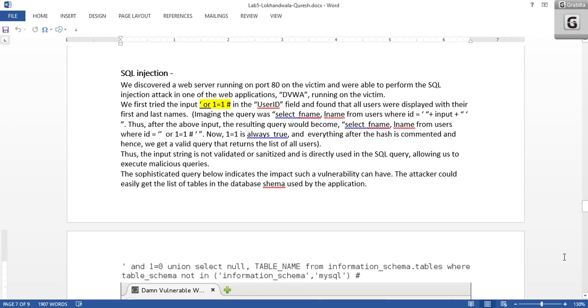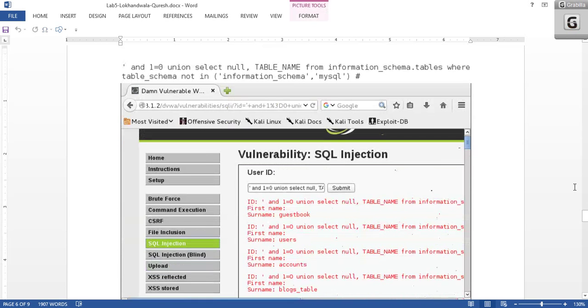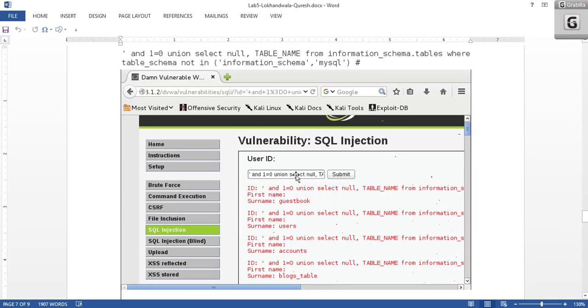The second attack I performed was the SQL injection. In the DVWA web app, I exploited the SQL injection vulnerability. Here you can see that there is an input box for user ID. So when I put a user ID